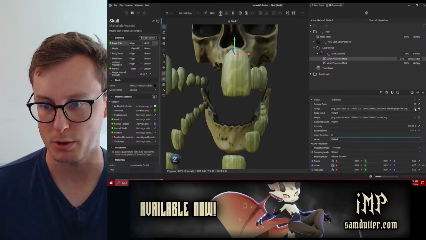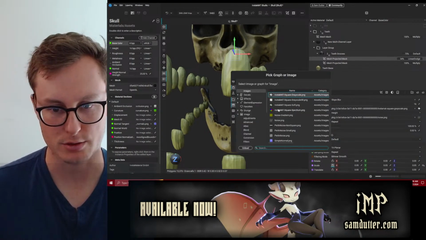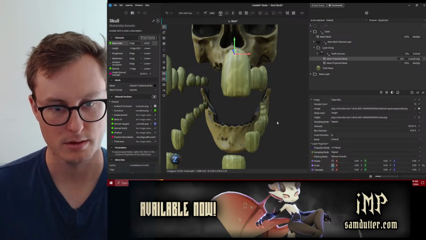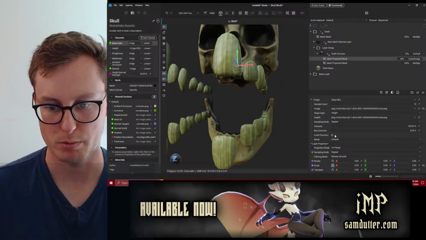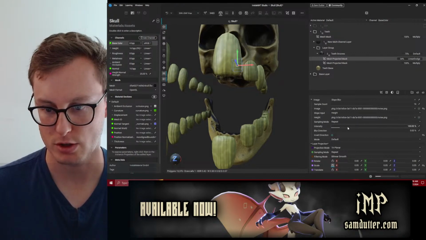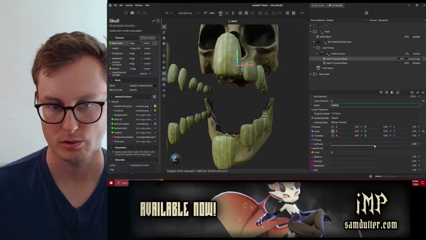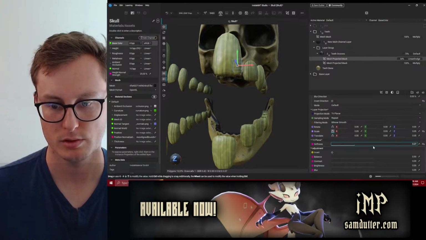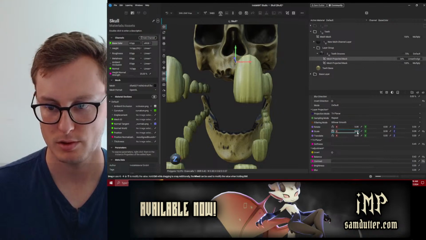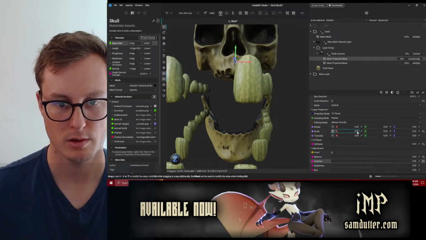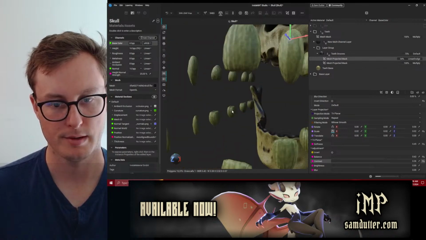Because I am using a slope blur, but it's using this stupid input texture instead of a noise. There we go.